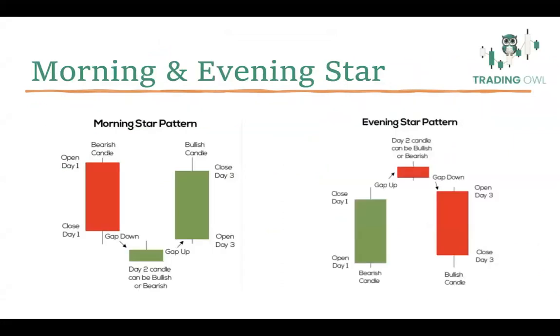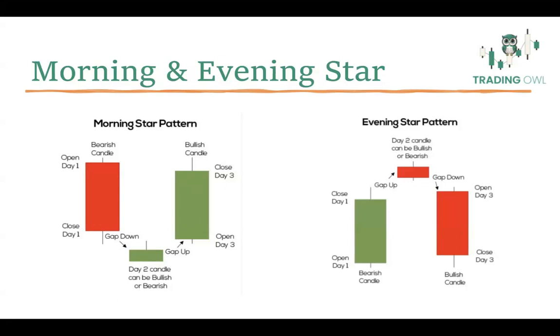The morning and evening star. Morning star is a bullish reversal pattern, while the evening star is a bearish reversal pattern. Now, what are the four primary criteria that we need to consider in the morning star pattern? One, it should be a falling market, a continuation of a fall, and the center candle, the day two, should be an indecisive candle,